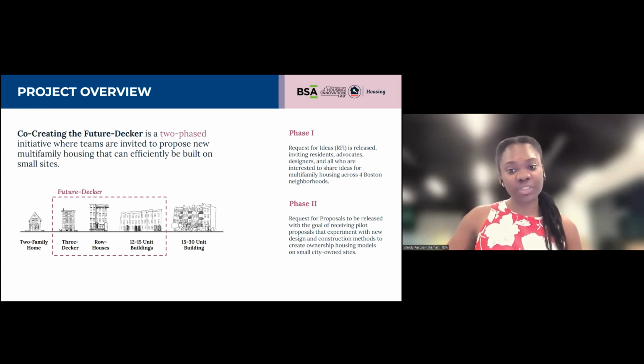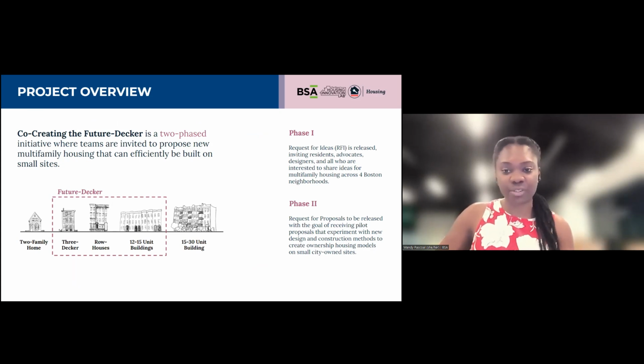In terms of the 2 phases, the first phase was centered around a request for ideas that was released, with a low barrier to entry. We invited residents, advocates, designers, and really anybody that was interested in sharing ideas for multifamily housing that could be built across 4 distinct Boston neighborhoods: Roxbury, Dorchester, Mattapan, and Hyde Park.